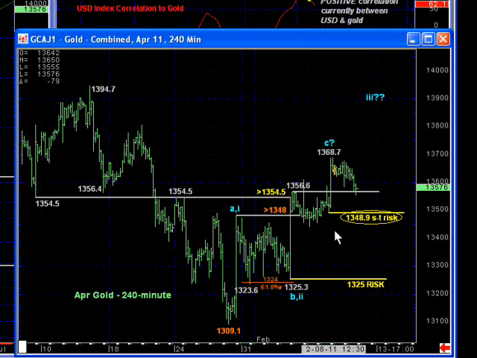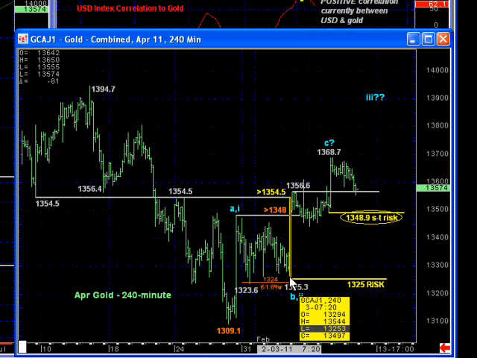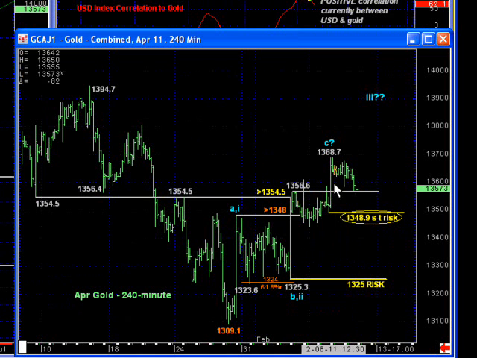But we'd like traders to focus on two levels that we think merit special attention. From a very tight perspective, the 1348.90, a minor corrective low from Tuesday, and especially the 1325.30 low from February 3rd. For if the market is on the start or has resumed a much broader bullish movement, it's absolutely imperative that the market continue to sustain its upside impulsiveness above recent corrective lows like 1348 and certainly 1325.